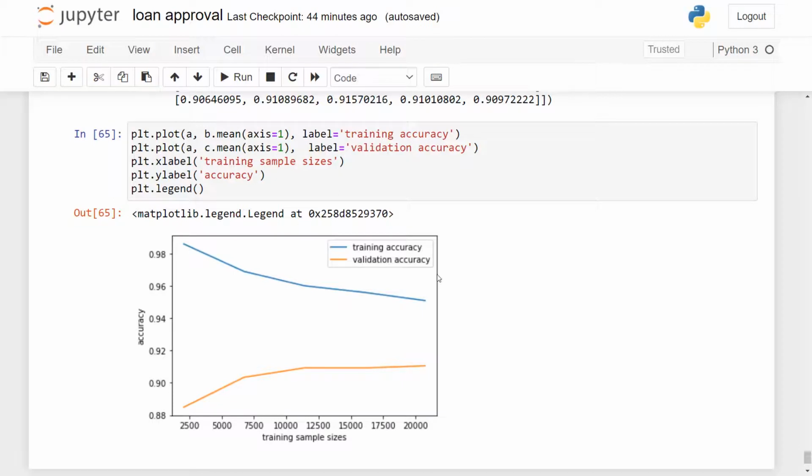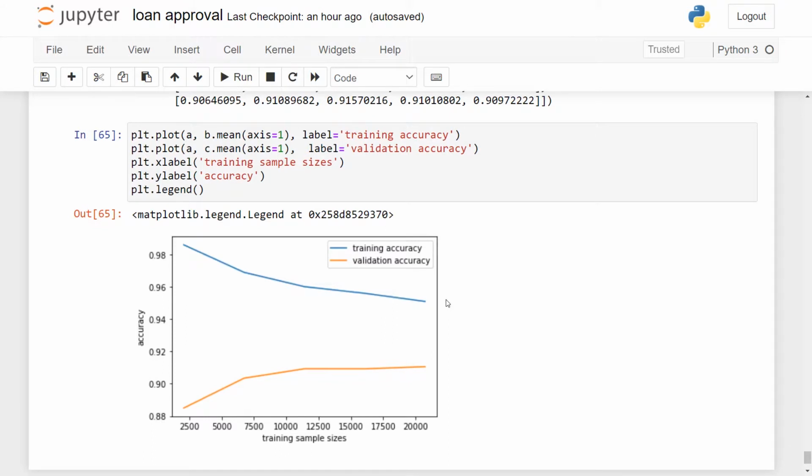And you see, there's still scope for improvement, as if we try to increase the number of samples, maybe these two curves will saturate very close to one another, and that is the ideal scenario, where the two curves are very close to one another and the accuracy is still very high. But if we don't have extra data, then we can try to do some extra hyperparameter optimizations to reduce this gap further, or we can try a different algorithm altogether.